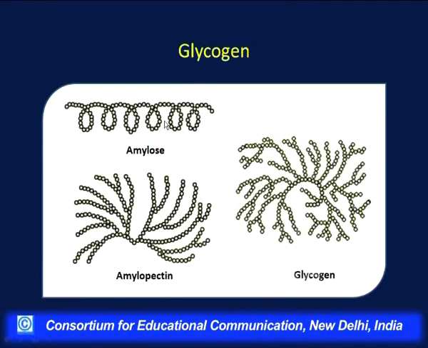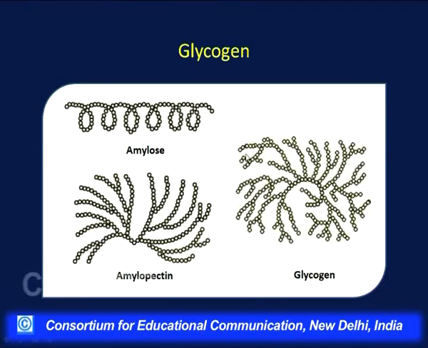The structure for this starch and glycogen can be compared. Say this is amylose. This one small circle is representing one ring for the glucose, and then a long chain is there. It may be coiled up or it may form rings, or different shapes it may be present. Whereas in amylopectin there will be branching at different places, and in glycogen more highly branched and larger number of